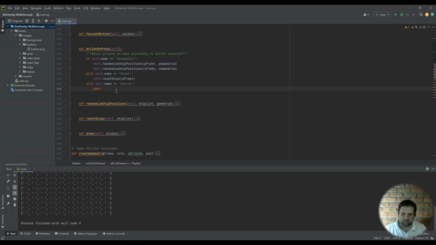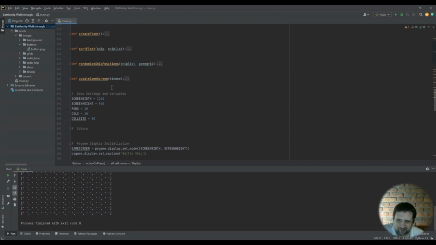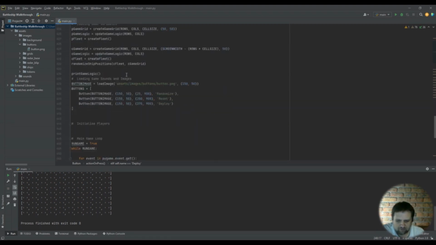Right, so now we've created the deploy button. We're going to go down to, I can use a global variable. I don't really want to. I'll tell you why. It's because I used a global variable when I made the game originally, and then I forgot what that variable was for, and I forgot where it was coming from, which is one of the things that they actually warn you about when you use global variables, is that when you're reading the code again a few days later or a month later, you don't actually know where these variables are coming from anymore, or how they're being adjusted, or what they're for. And of course, I didn't leave comments or anything like that for it, so I was just thinking, what if